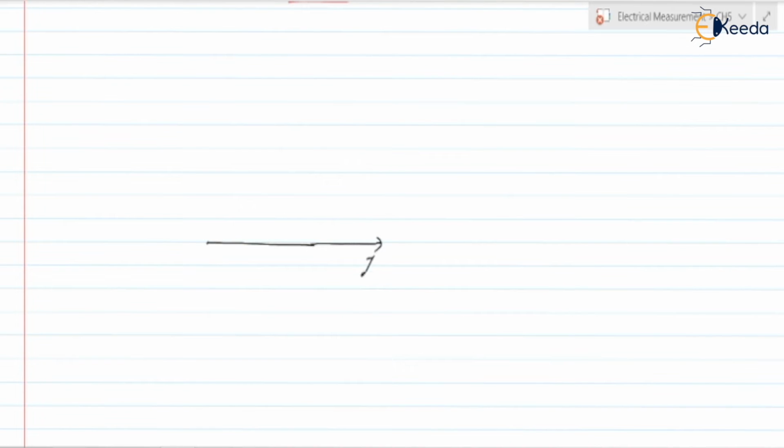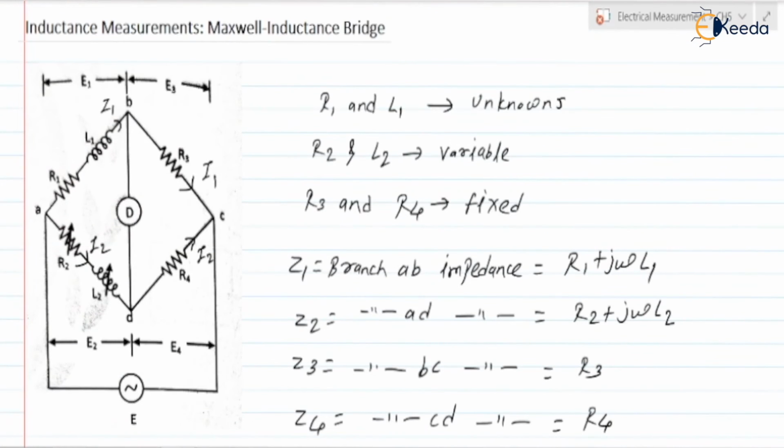Okay, suppose this is the phasor of I1. Next, after I1, I1 into R3 is nothing but E3, according to Ohm's law. So where is the phasor of I1 into R3? That is the voltage across the resistor R3, and the current flowing through R3 is I1, while the voltage across R3 is E3.